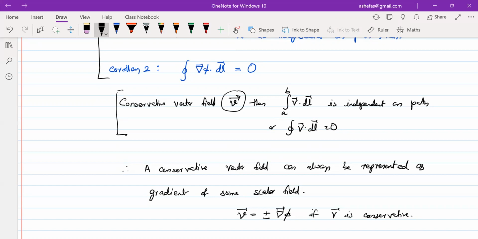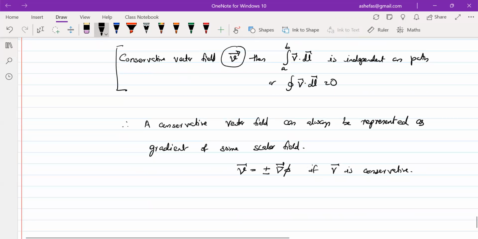Remember, the gradient gives the direction in which the scalar field changes the most, that is, in the increasing direction. And so the negative of the gradient of phi would give the direction in which the scalar field decreases fastest. Now the electric field would be in the direction of the decrease in potential. So therefore, in case of electrostatics,